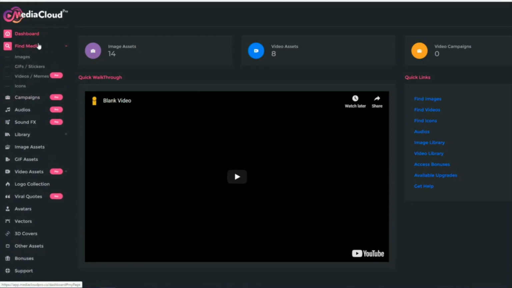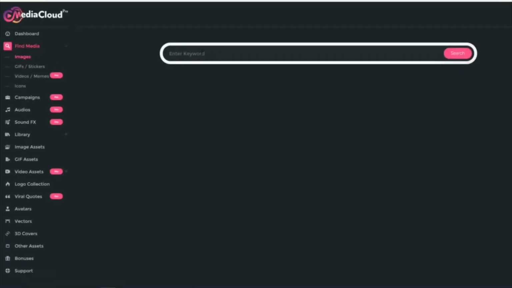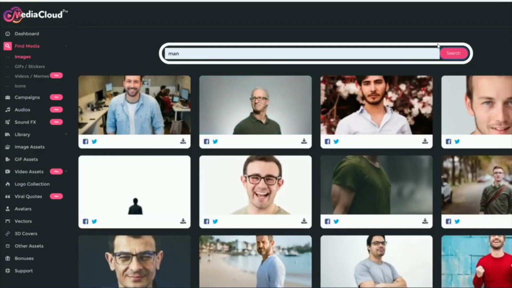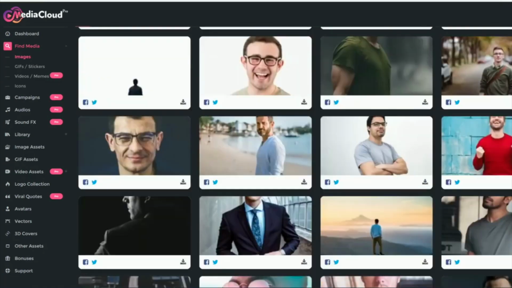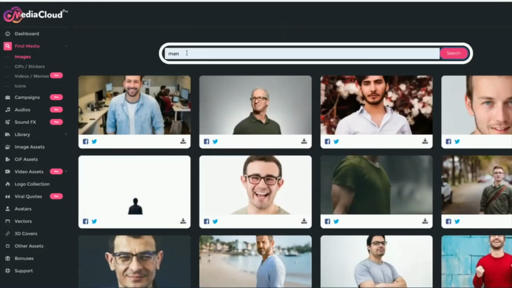If you click on Find Media over here on the menu, and then click on Images, you will bring up a keyword search function where you can search over 7 million image assets. And so let's just say we want to search for man, all right? Because one thing that a lot of people like to use is stock images of people specifically. And so certainly you're going to find plenty of people stock images in this massive library of over 7 million